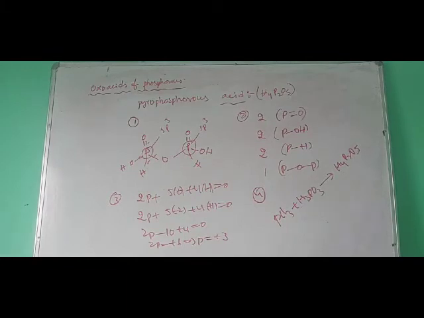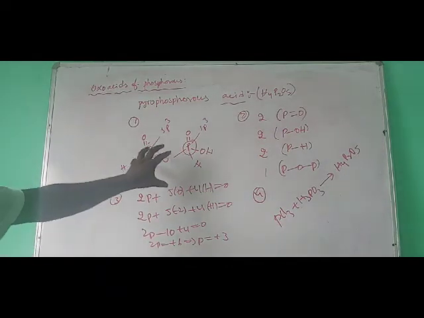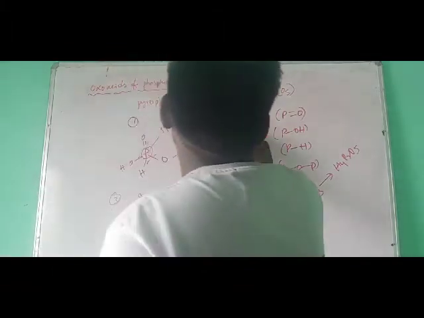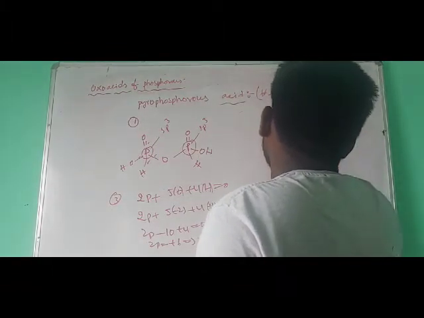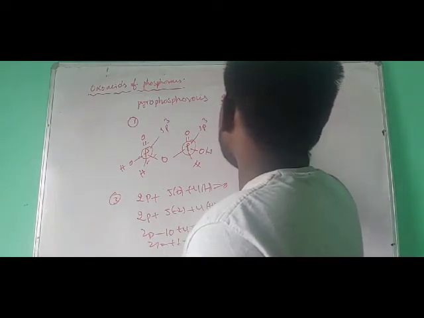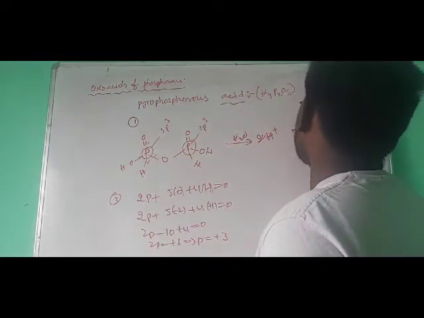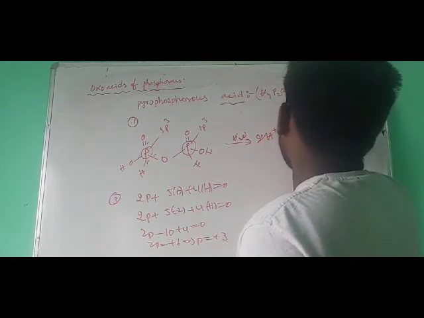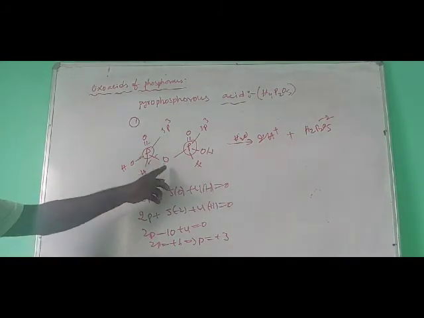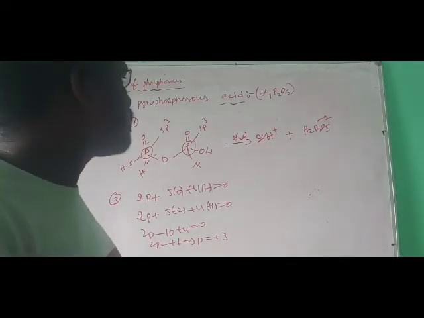And the next one, what about the basicity of the molecule? In this molecule you see 2 OH groups are present. So when you dissolve this one in water, this one can give 2 H plus ions. So you can say that this is a dibasic molecule. When it is dissolved in water, H2O, this one gives 2 H plus ions. And what about the rest of the anion? H2P2O5 2-. So you can say that this is a dibasic molecule. Dibasic molecule. So this is about pyrophosphorus acid.